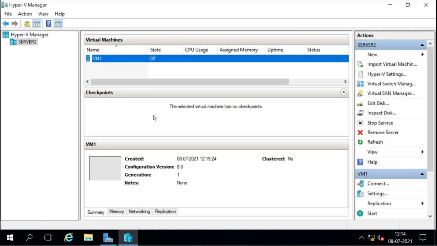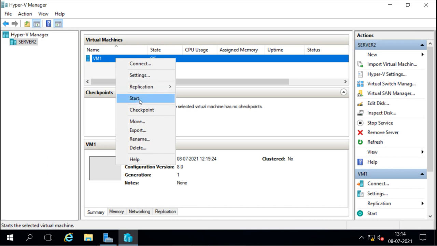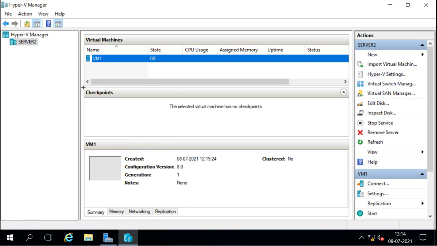Now we should always check that our Hyper-V replica machine is properly working or not. For that we should not start the machine. If we start this machine, the main machine is already there and this machine will also be started, so we can have a confusion there. We can have a collision, because if this machine is also connected to the network and the primary machine is also connected to the network, then the users who are using the virtual machine can have two machines at the same time. So we should not start this machine.